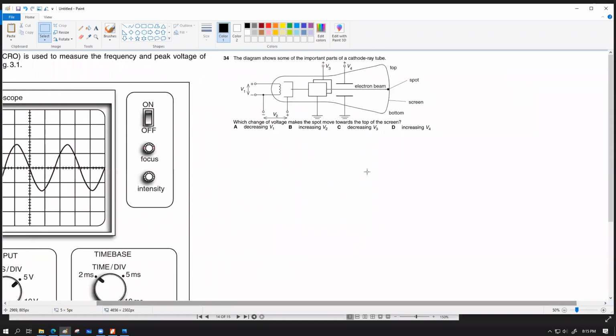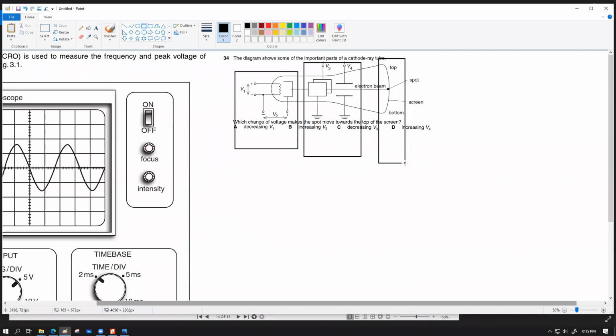So let me explain and elaborate this idea. This is the basic structure inside the CRO. This part is called the electron gun. This part is defined as the deflecting plates, and this part is a single part which is called the fluorescent screen. Now the purpose of the fluorescent screen is to make